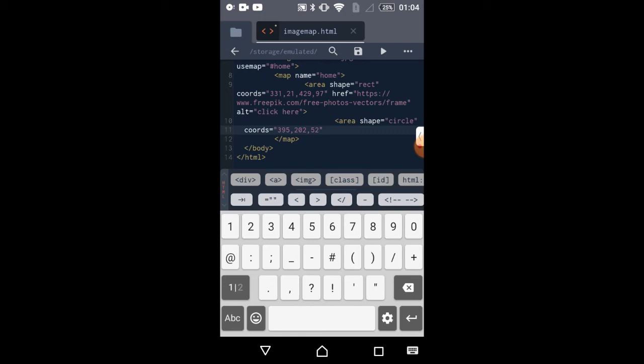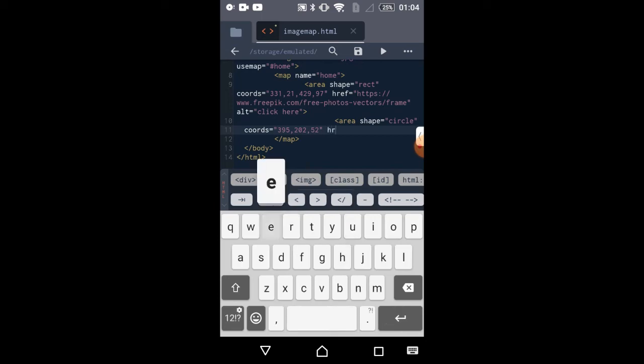After that, href is equal to, so again I'm leaving this blank to write the URL later. After that, write alt is equal to, so again I'm writing here, click here only, and then close it.